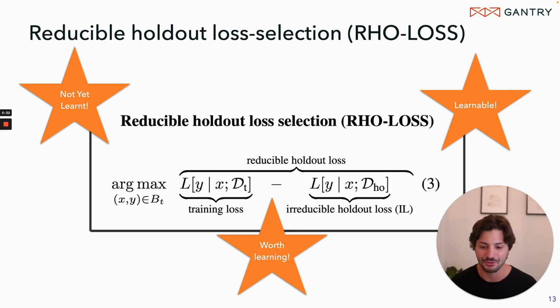And finally, let's say that the training loss is high on this data point, but only because it's an outlier. In other words, it's a data point that's not worth learning. It's not similar to anything else in our data set, so it won't help us in the future. In that case, the training loss will be high, but the irreducible loss will also be high since the outlier wouldn't be present in the data it was trained on. So the two terms, again, will cancel each other out and the data point won't be selected.